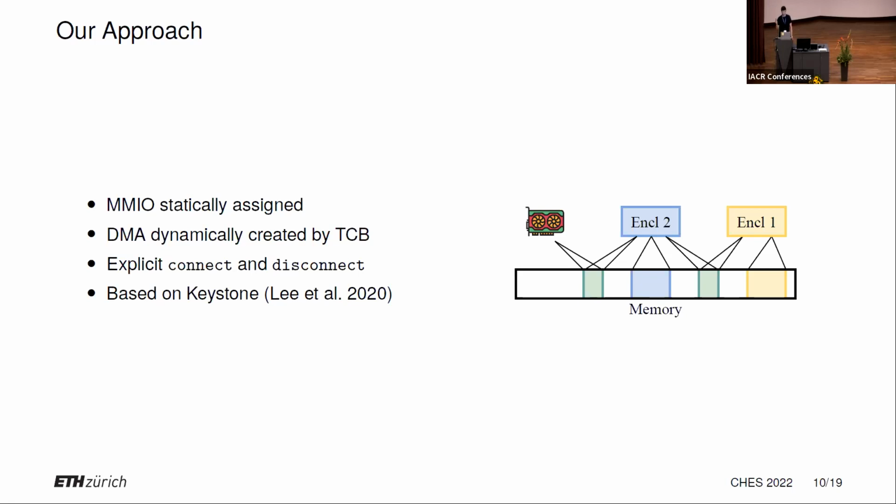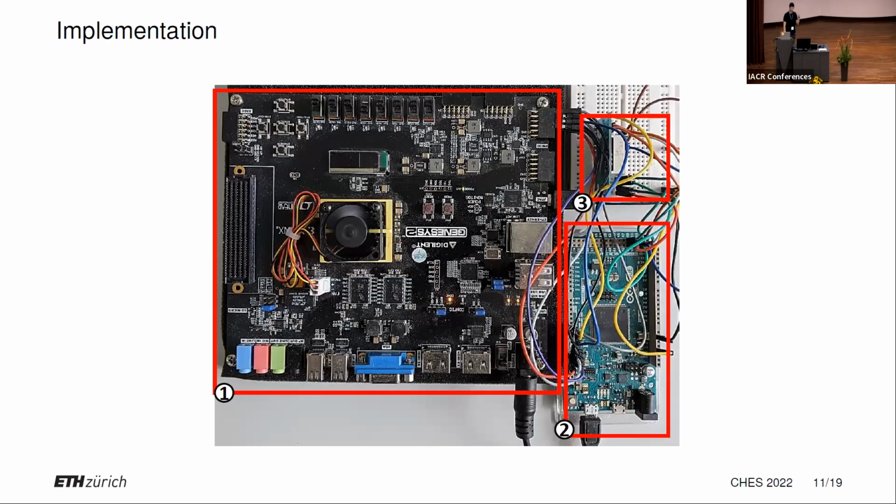So all of this we base on Keystone, as the other talk before did as well. Very cool open source TEE environment. And we used open source RISC-V cores as well. We had to extend some of the cores, but all of this is now open source, so you can access it if you want. On the left, you see an FPGA that's running a 64-bit RISC-V core. I think it's called Ariane, but now it's called CVA6. Not sure if you know, but you can find it online. And on the right, you see a simulated peripheral, right?